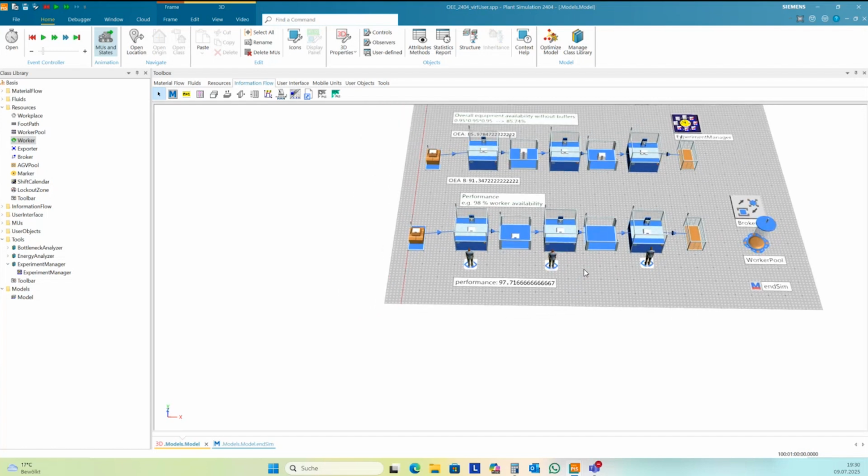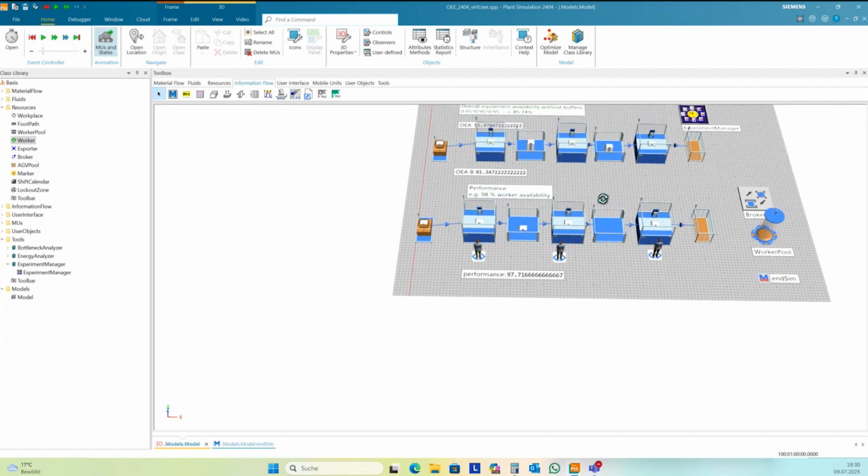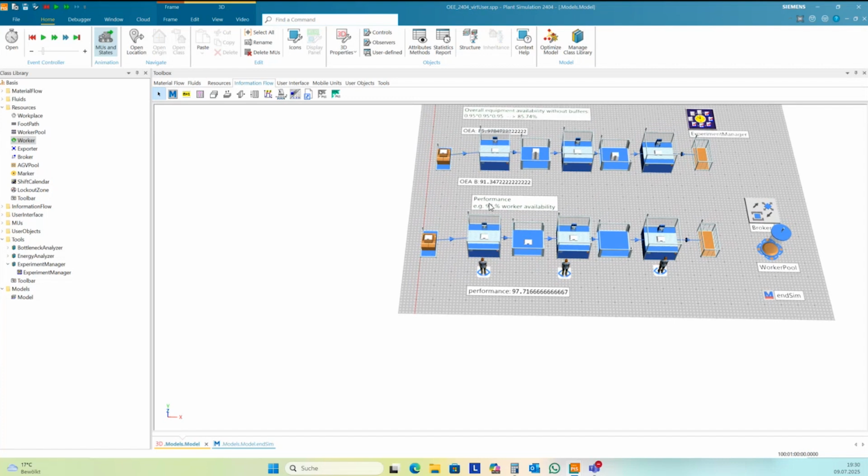You need to find some data if you want to do this, and you need to have a closer look into the definition of performance in the company you make the simulation for. There are a lot of different definitions out there.